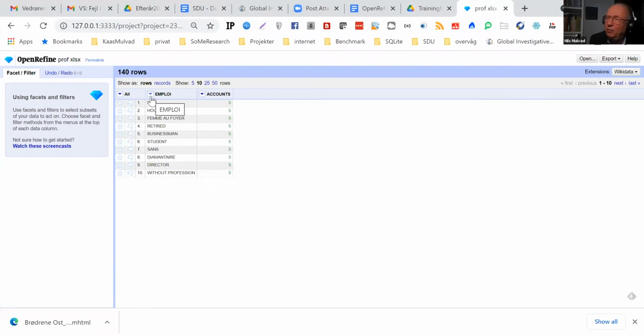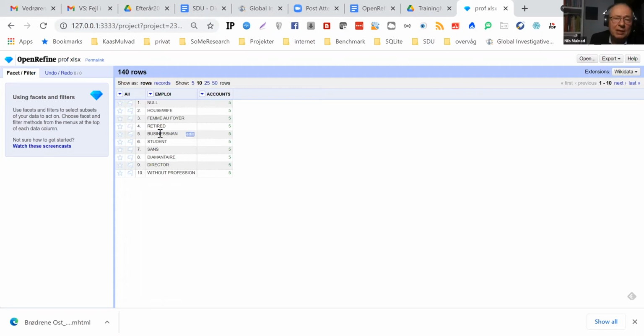titles. It's part of one of the first tax files which ICIJ worked with. And the problem with this file is the way they spell these different titles are full of errors. So if you want to calculate how many of a specific title you have inside the file, you have to do some cleaning. You can see in total there are 140 rows, and the cleaning, it has already